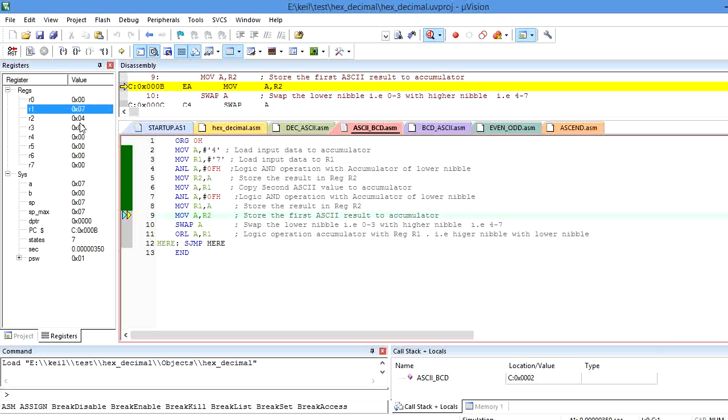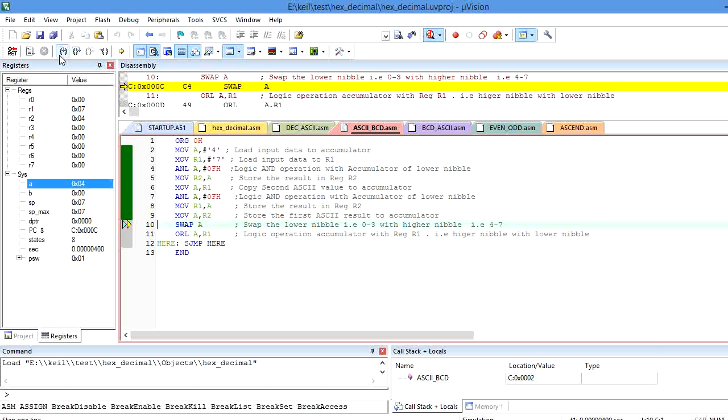Next I copy the 4 into the accumulator; the accumulator becomes 4 by executing MOV A, R2. So finally I have to get 47 in the accumulator. Here I am performing a swap operation. The swap operation exchanges the lower nibble with the higher nibble and the higher nibble with the lower nibble.